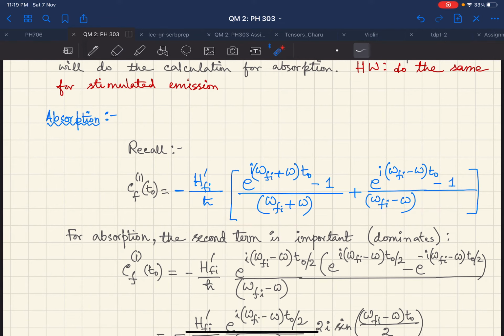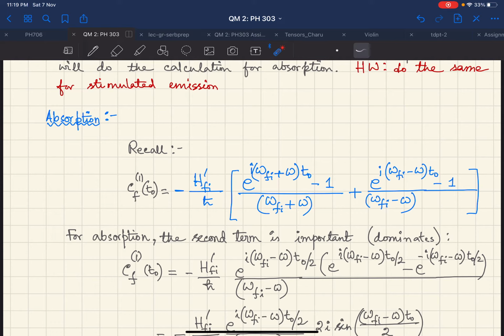The stimulated emission can similarly be obtained by keeping the relevant term in this expression. Now for absorption, among these two terms, I immediately know that the second term dominates, therefore I can neglect the first term here, and therefore c_f^(1)(t_0), the coefficient of expansion up to first order in perturbation theory, can be written as